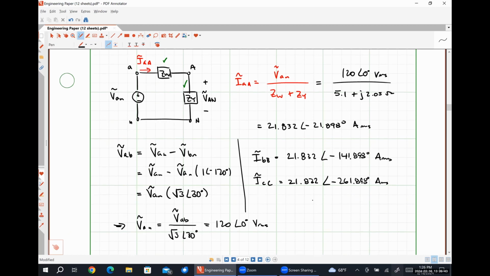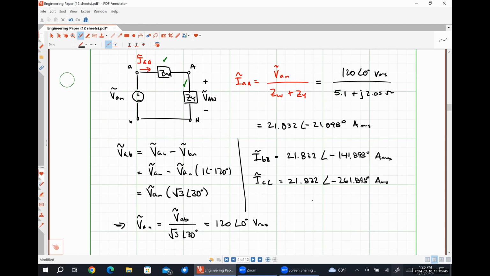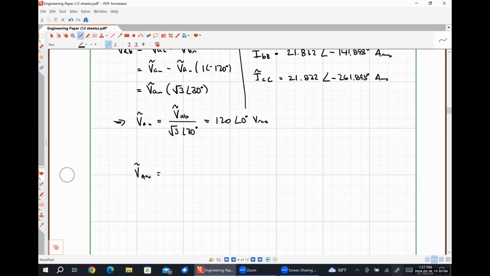Well, we could either take our line current IAA and multiply it by ZY, which will get us that voltage, or we could have done voltage division, right? That also will give us the exact same thing. So because we already have IAA calculated, let's just go ahead and do that. So that's going to be IAA times ZY. So that would be